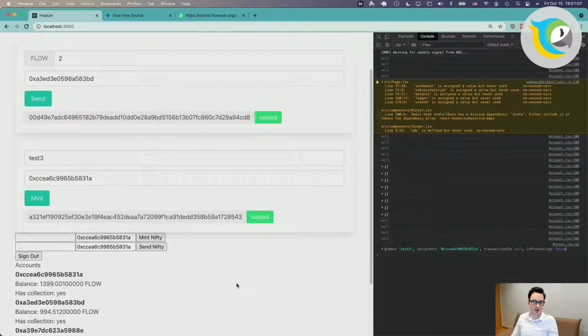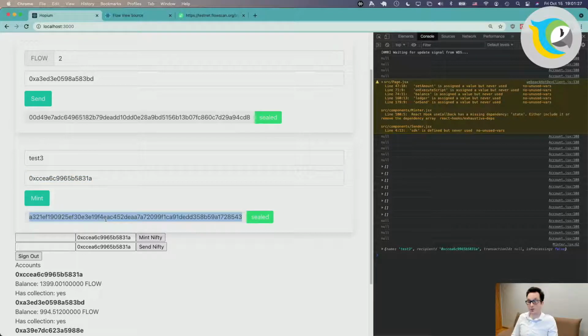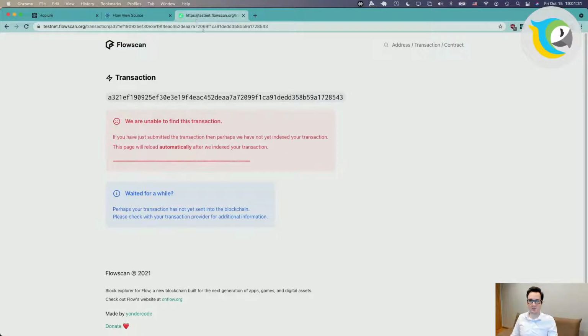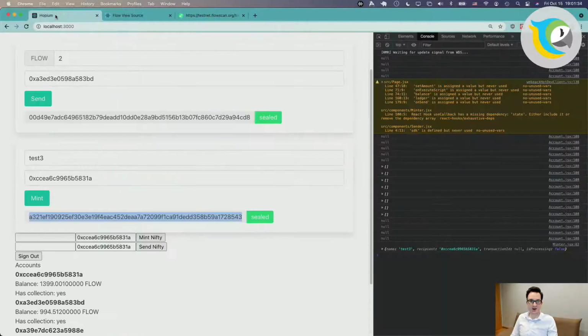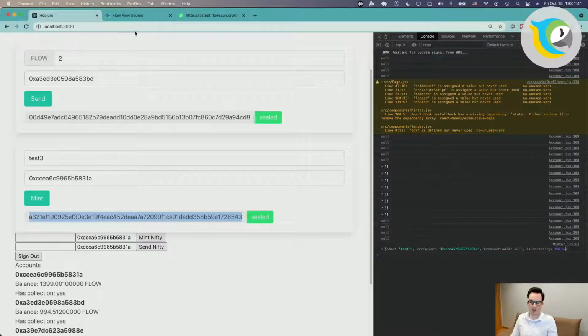and we then proceeded to interact with the awesome Nifty contract, and we wanted to implement this mint card as well, which takes in a name, string, and an address, which is going to be the recipient of this mint. And that sort of worked up to the point where we had to check it on the Flow testnet, which we can't for some reason get any kind of info back for the transaction that we just executed.